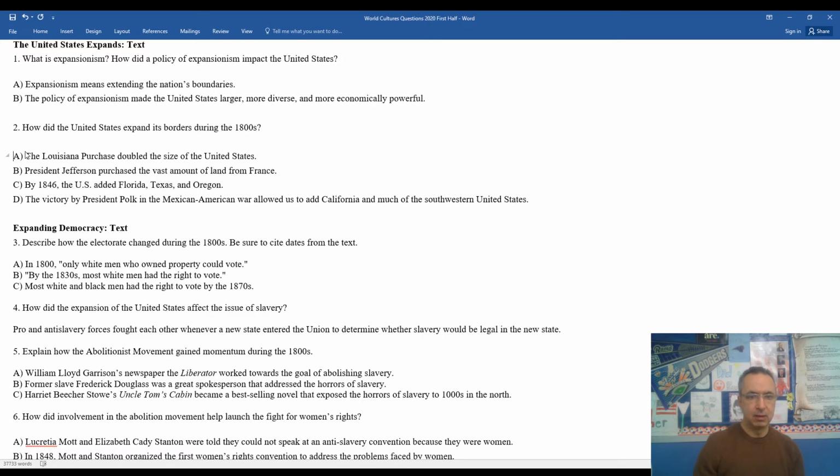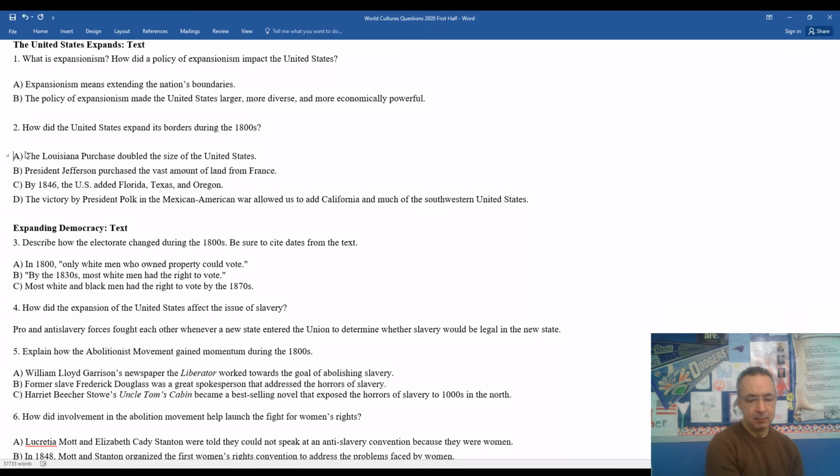probably the biggest single expansion in the history of our country is the Louisiana Purchase. The Louisiana Purchase was negotiated through the Jefferson administration. He sent our Secretary of State Monroe to France to negotiate that out for the United States. And as a result, we more than doubled the size of the United States per that purchase in the early